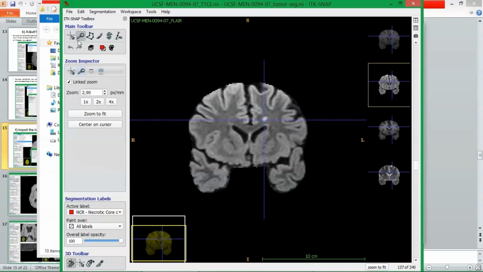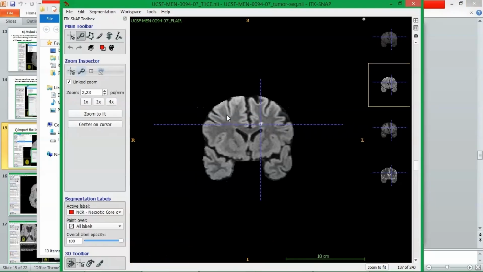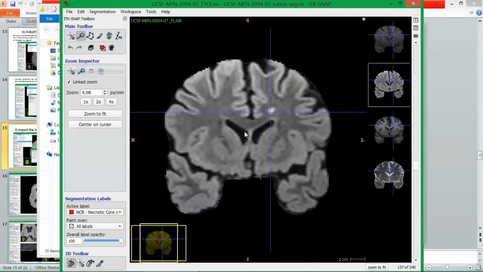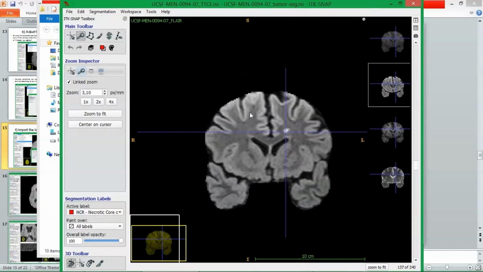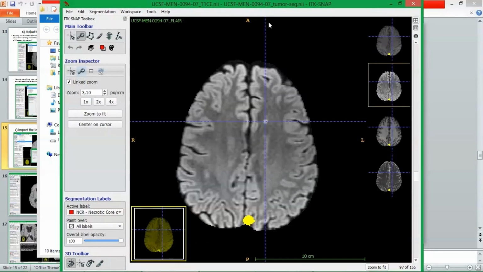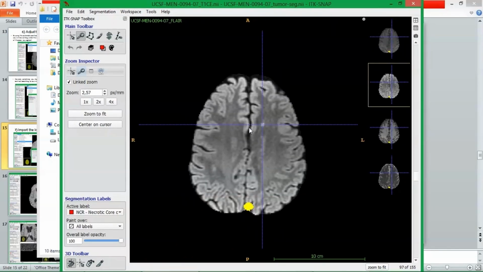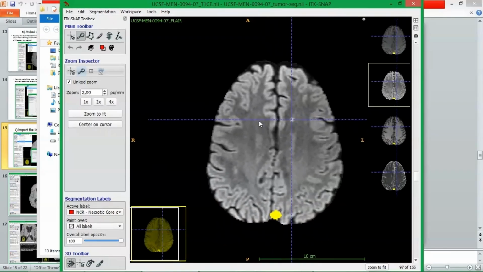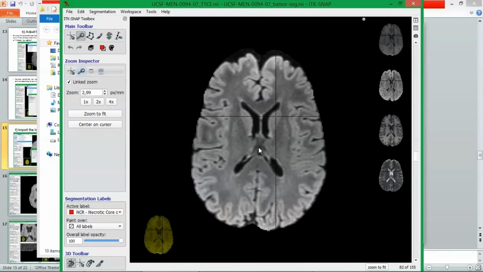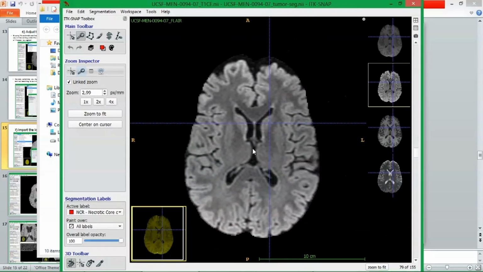So here's the loop, the zoom inspector, and by clicking the right mouse button, you can zoom in, zoom out, and with the left button you can move the image. So actually, to be honest, I prefer using this mode, but it depends on your personal preference. I just easily zoom in, zoom out, move,